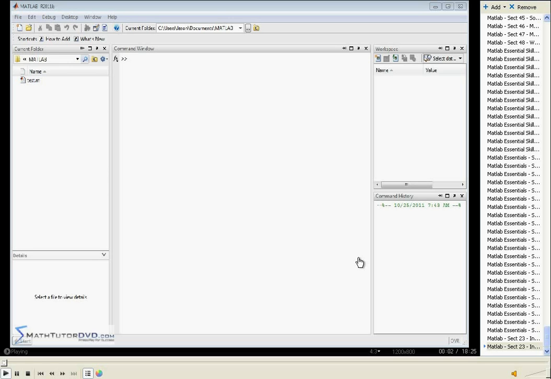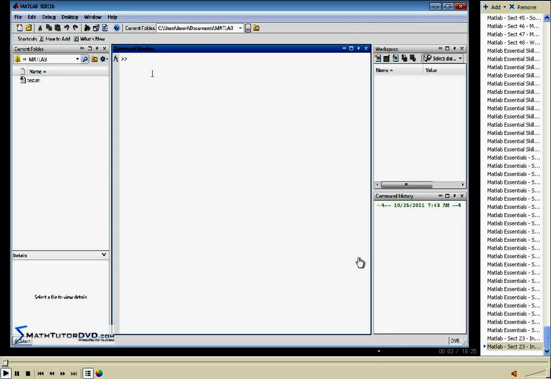Hello and welcome to this section of the Matlab tutor. Here we're going to begin to talk about vectors in Matlab. And in truth, vectors and matrices really form the core of Matlab. In fact, the name of Matlab